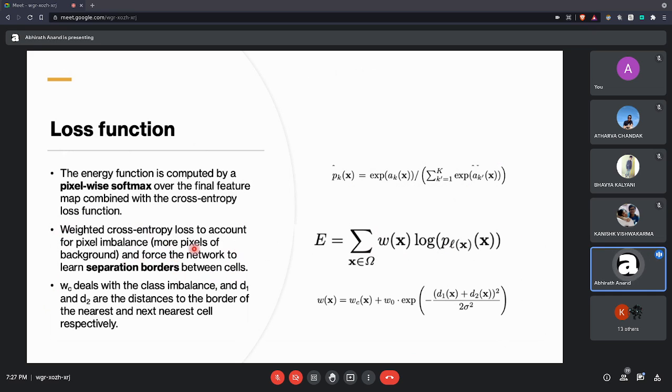Basically they're trying to enhance the border part, so that they can see the separation between close cells very easily. So if you look, these are the weights that they did. They introduced first